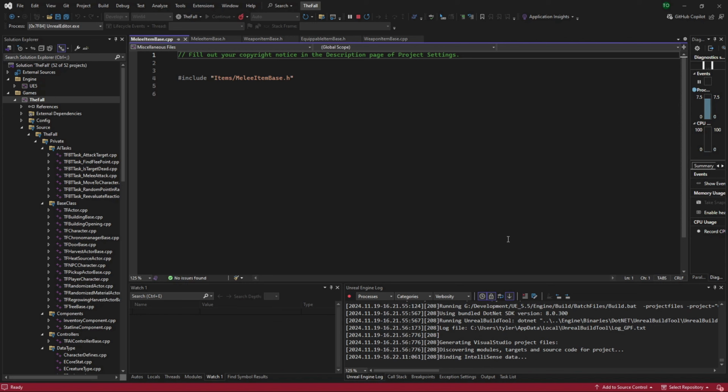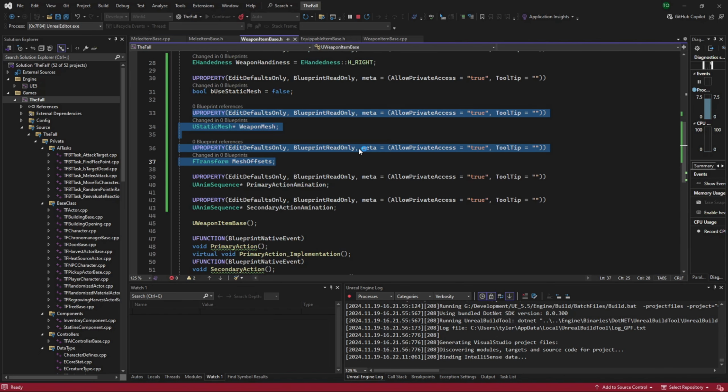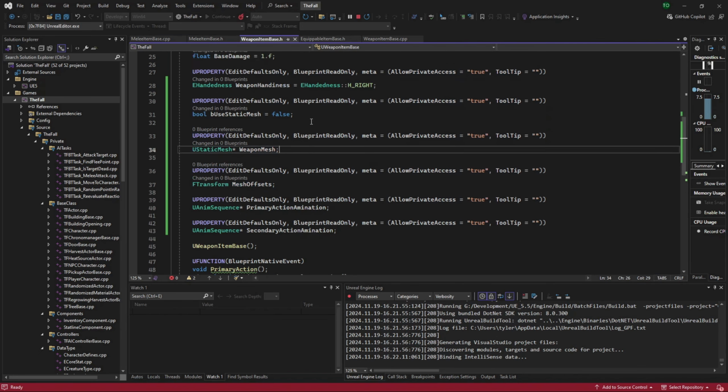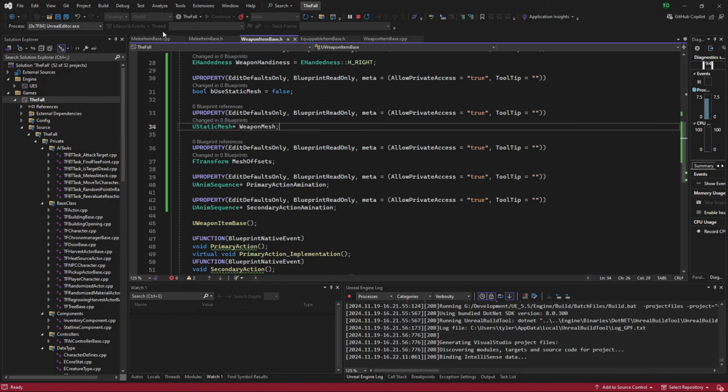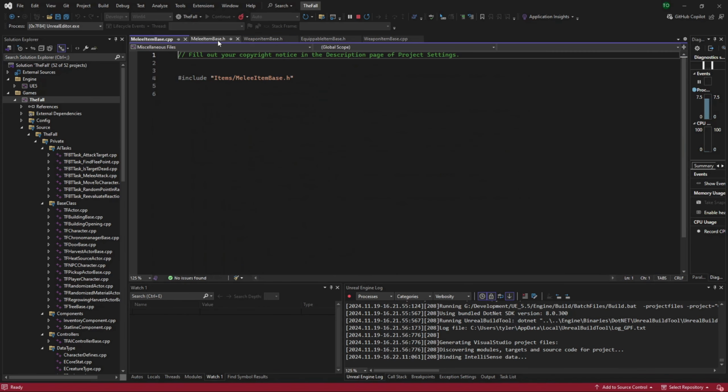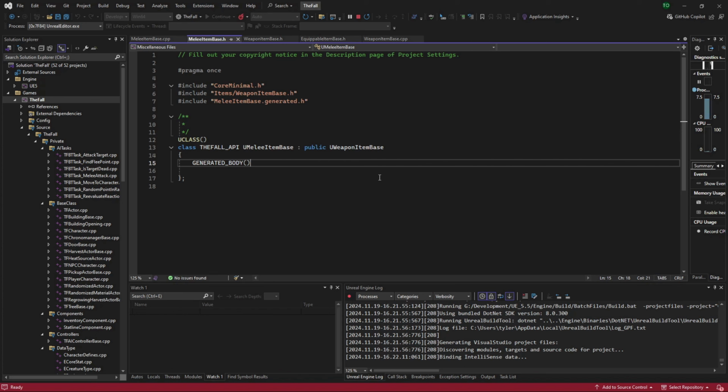So I'm just looking at my notes here to see everything I'd want to add to this. In our weapon item, you can see we have our base damage, we have our handiness, and then we have the stuff we've just added, obviously. So what we would want to do in here is, because there is going to be, ultimately, once I get